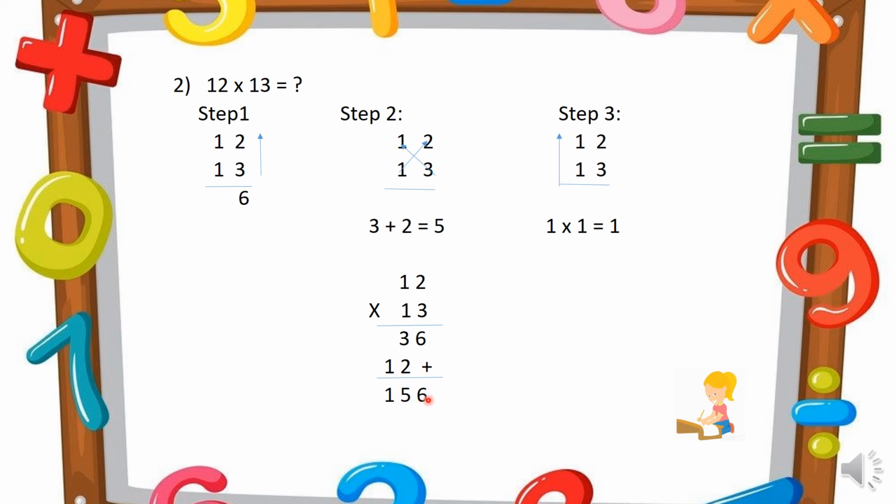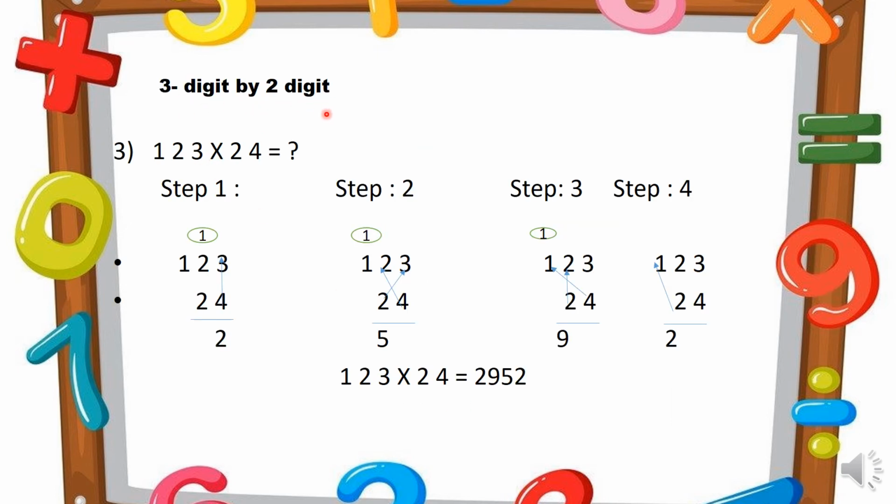What is the shortest method to do this? Let us see here. Look at here. I have drawn the arrow mark showing how to do the multiplication. 3 2s are 6. Second step, cross multiplication. This is called the crisscross method. Okay. 3 1s are 3. 1 2s are 2. So 3 plus 2 is 5. Next, 1 1s are 1. So you have to place 1 at the hundreds place, 5 at the tens place, and 6 at the ones place. Hope I am clear to you.